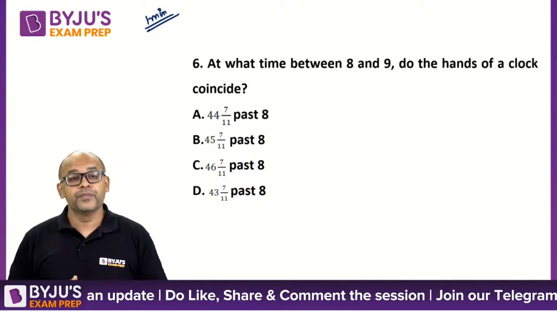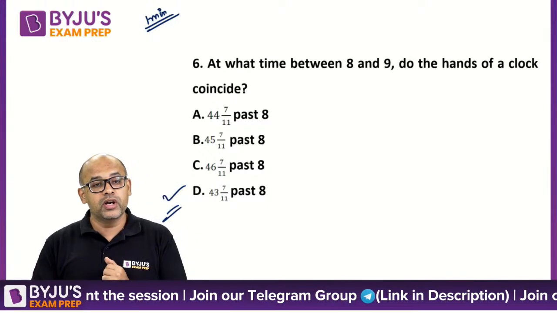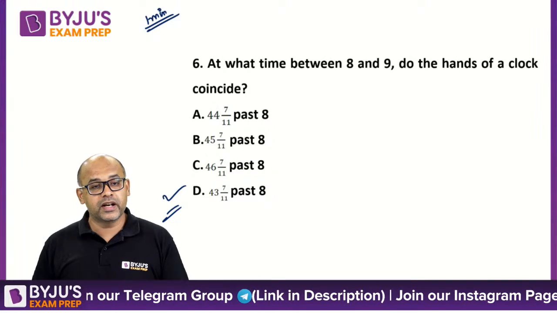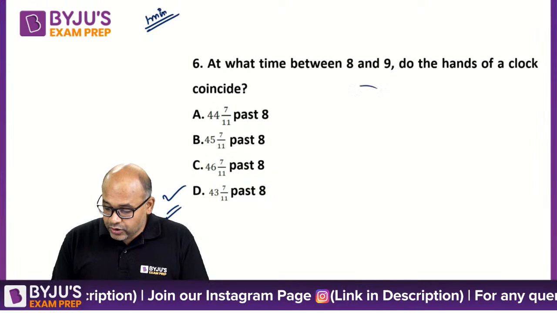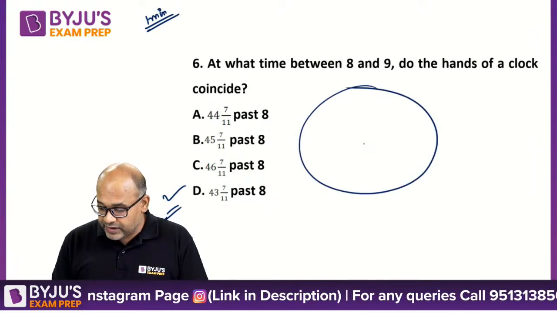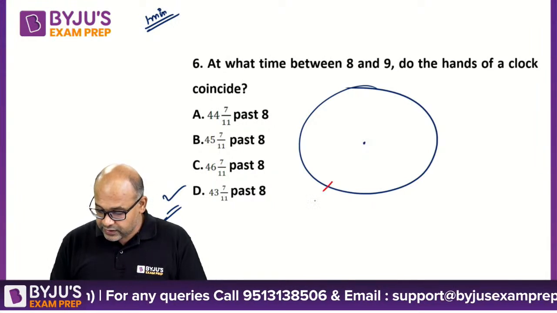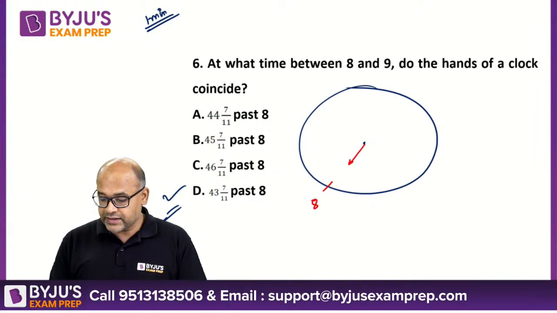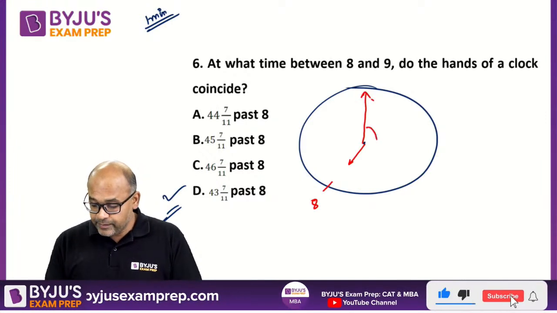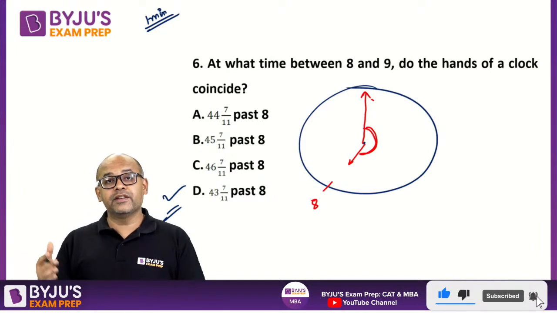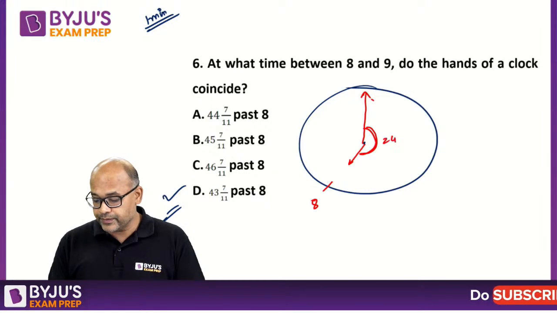Okay, so that's your 60 seconds. The correct answer happens to be option D. Very good, Krishna Deshmukh, Mansi, Dharmi Thakkar and Bhavana. Correct answers. Now, let's take a look at what is happening. 8 o'clock, exactly at 8, what happens? This is 8. So, my hours hand is here and my minutes hand is here. Okay, what is the angle between them? 8 numbers, each number is 30 degrees, so 8 threes are 240 degrees.